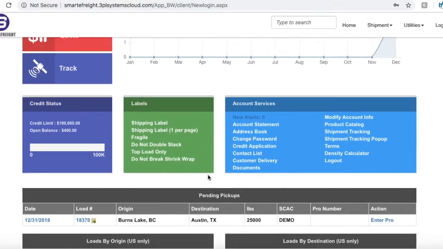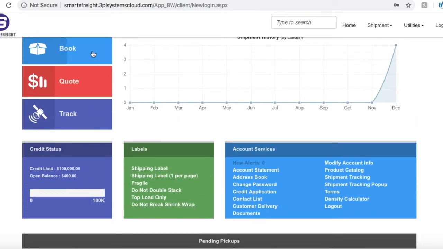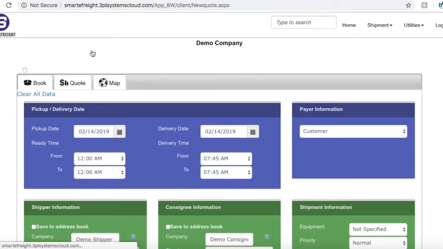So let's start by checking out the book feature. This section gives you the ability to request a shipment. This section communicates your order to our operations team so they can start finding you the best rate based on your needs. This is where you will enter the pickup date,